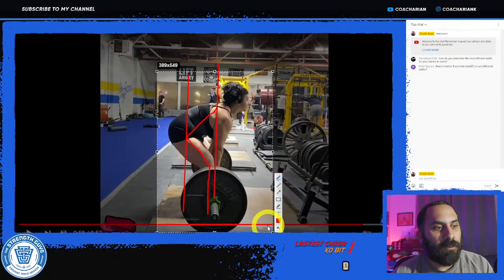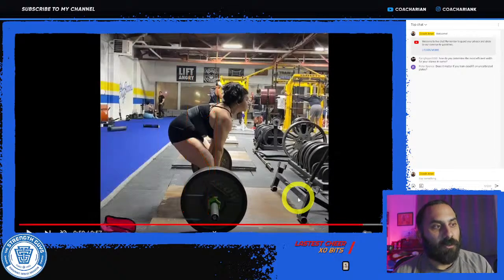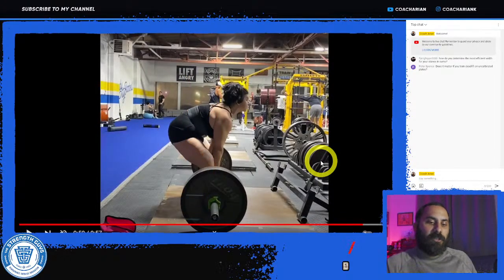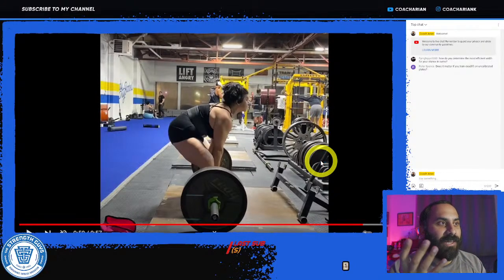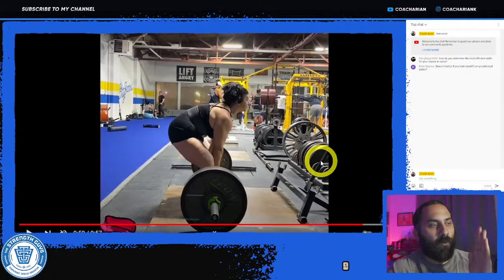It looks like she's not going to be able to go any closer based on the other video from her competition, so maybe she would have to try going out a little bit wider over time, seeing if she can drive the knees out and get into a better starting position as far as hips closer in the horizontal distance and more upright torso, hips not shooting up, those kinds of things.